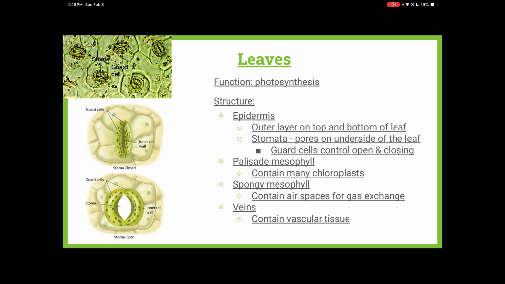So if you have watered your plant well, then those are going to be open so that photosynthesis can take place, gas exchange can happen. And if you don't water it, it's going to be the one on the top left. It starts to deflate, and it deflates and it closes that stoma. So gas exchange can't happen, but water also can't evaporate.